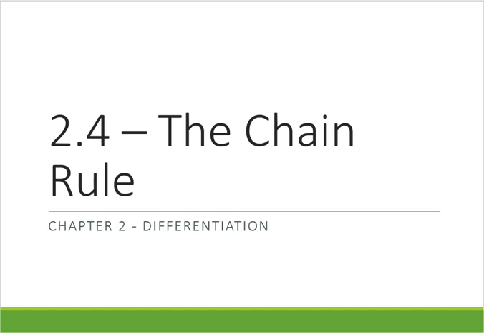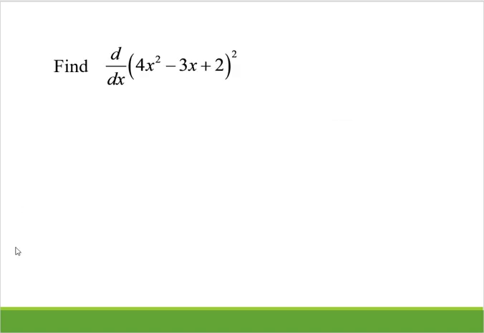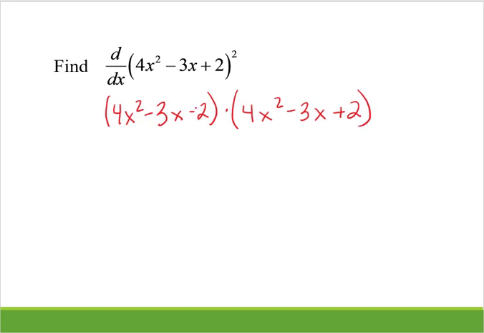Today we're going to be talking about the chain rule, and the chain rule is when we have a composition of functions. So say we're looking to find this, and the only rule that we know now is if we write out the product of the two polynomials, and you write out the product correctly of the two polynomials, and then leaving the first alone,